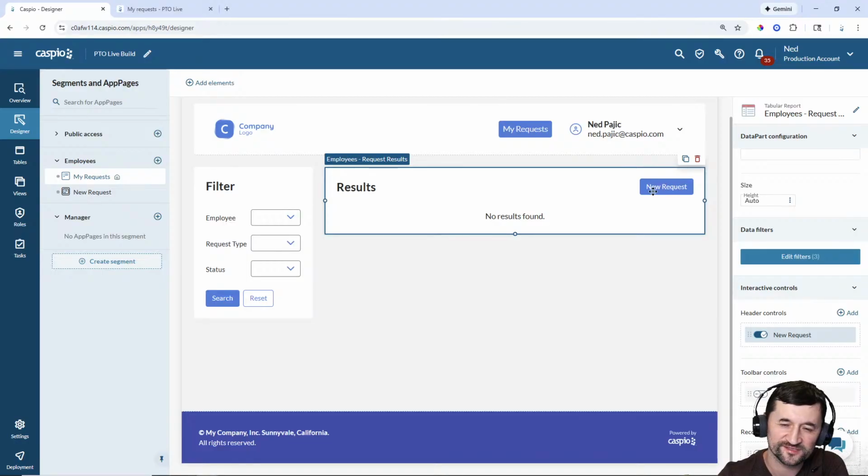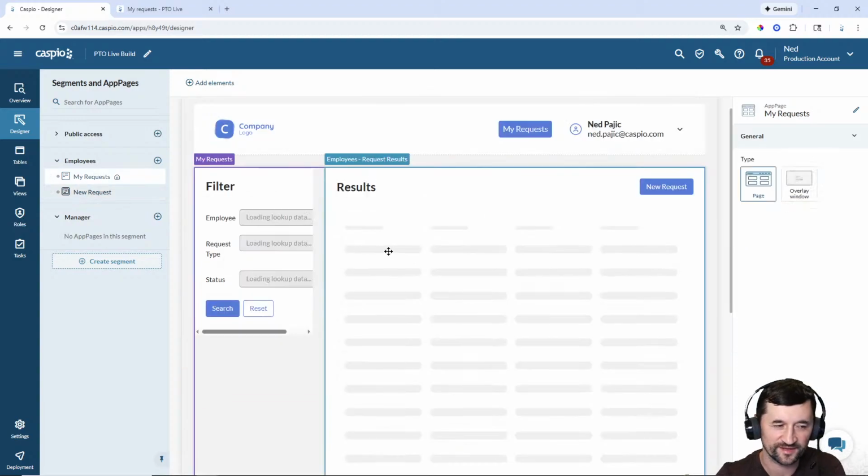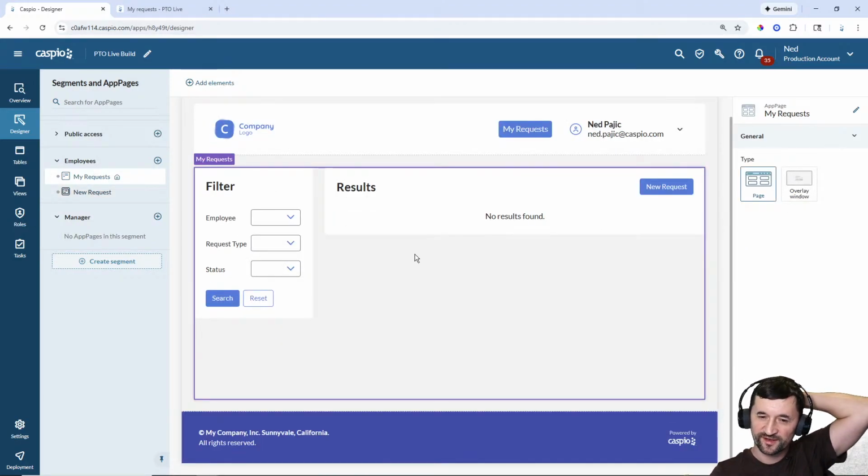But the idea here is when you click on that button, it's going to open up this overlay window which contains your submission form. All right, and that's it on the employee side. We're done. Okay, let's quickly build out everything for the manager side, which is really just 2 app pages as well. We're going to build